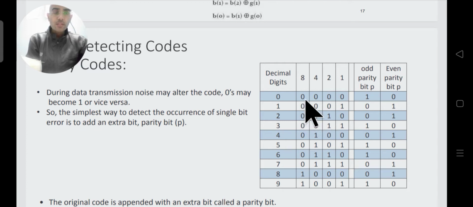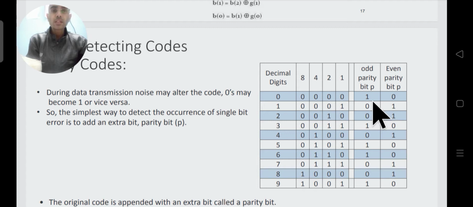Suppose we have transmitted the code word 0000 in 8421 code. To check the odd parity, the number of ones in this message is 0, so there is no 1 in this 8421 code.